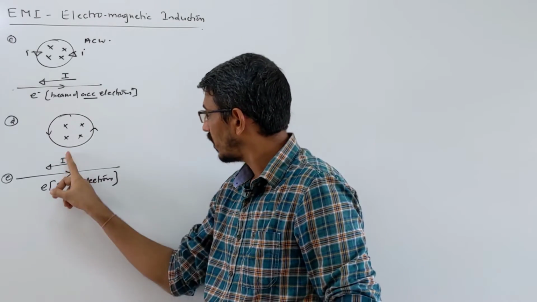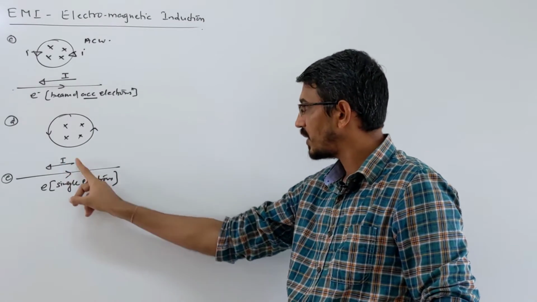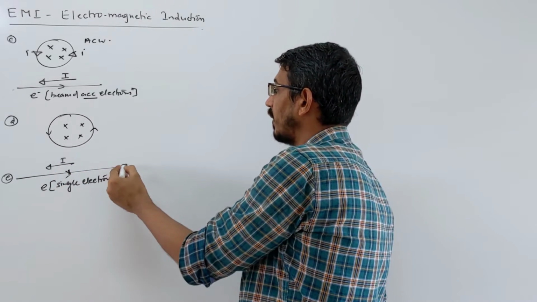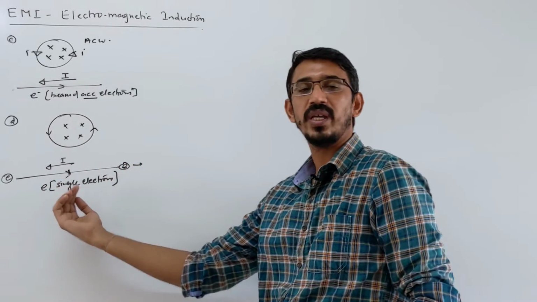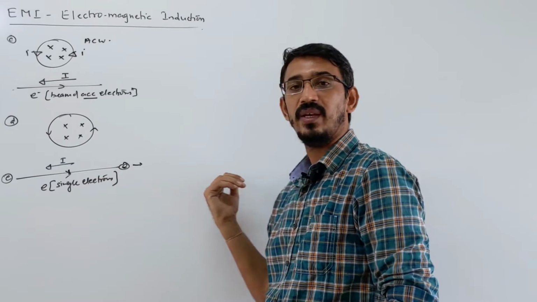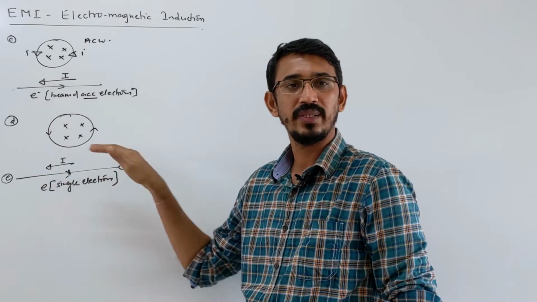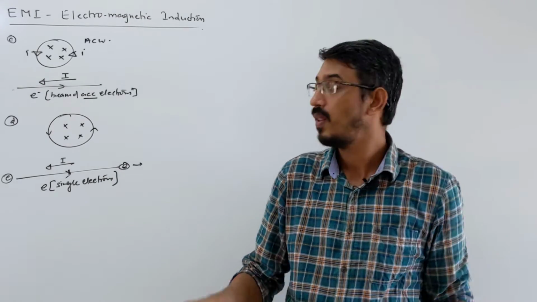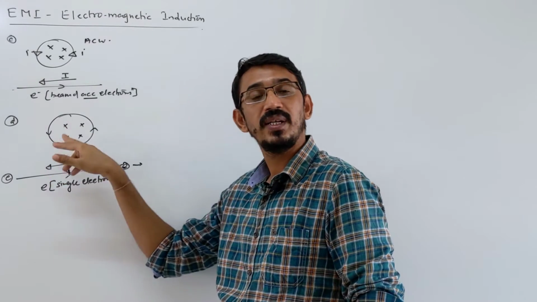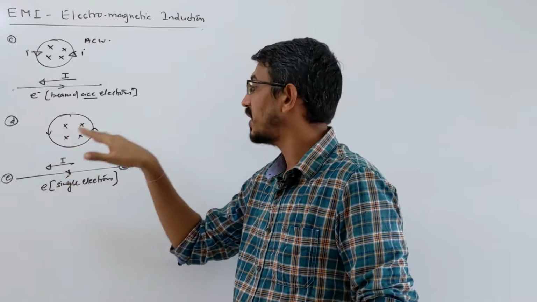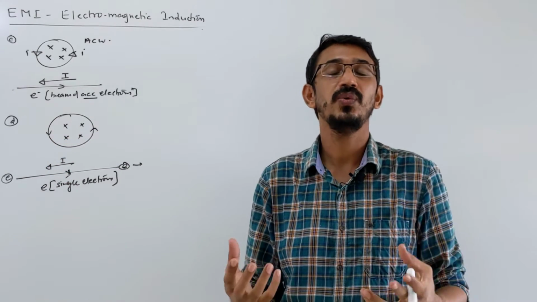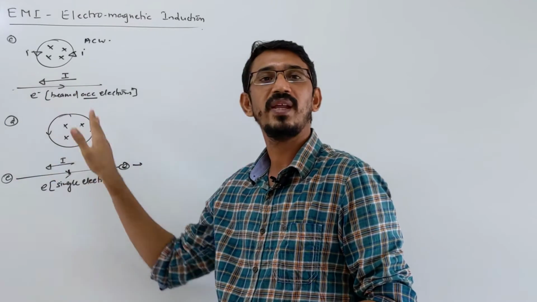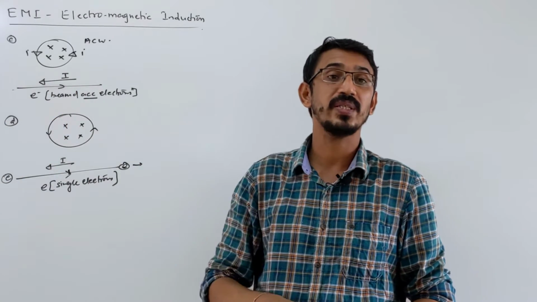But once the electron comes to this middle point and crosses this point, now it is going away. Now the electron starts going away from this loop. The direction of current is the same only, but this current is now decreasing because the electron is going away. So flux is decreasing inward now, so the flux due to the induced current will also be inward. To produce an inward field, the direction of current will get reversed. It will flow in the clockwise direction.